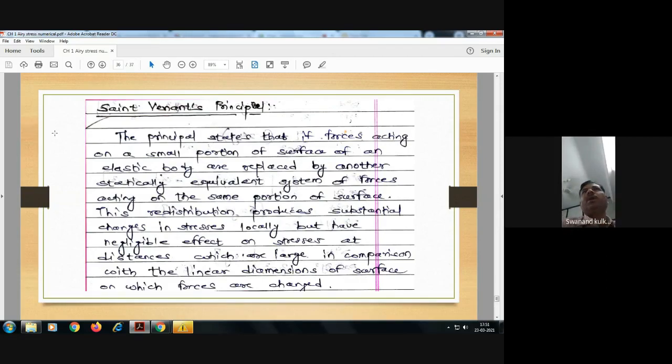Suppose one cantilever beam is present, and on this cantilever beam, force is applied from the top, like this. Is it okay? For any cantilever beam, if any load is applied at its end, then what is going to happen? After applying this particular load on one of the ends,